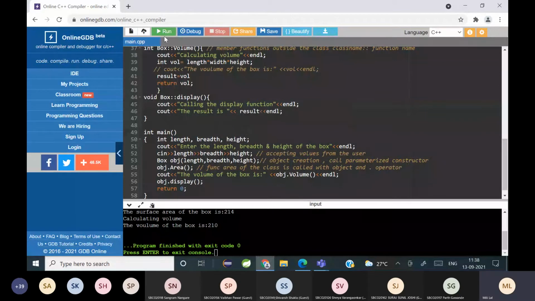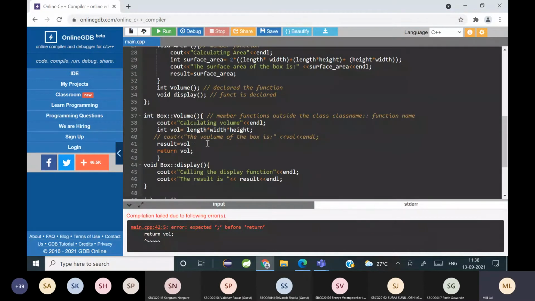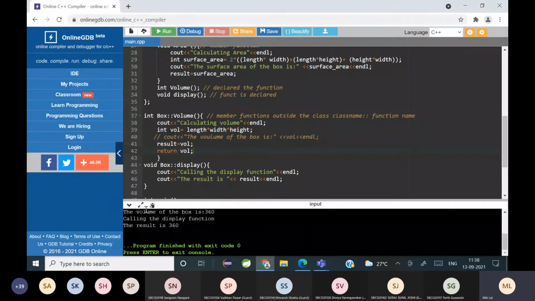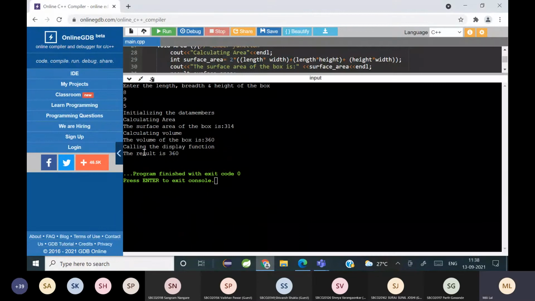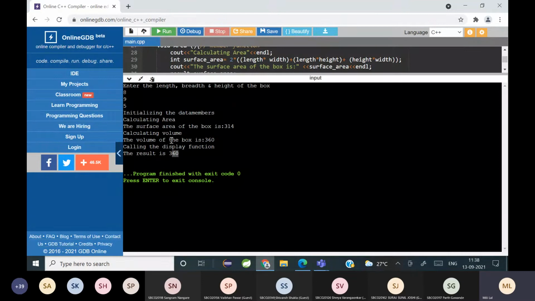Okay, now let's execute this code. Did I forget? Okay, here a semicolon. Some values I'm giving, and you can see the display function. See the result, you can see 360 is written, and so the display function is being called here. And why is 360 only? The last value assigned to the result is 360. So the result is 360.